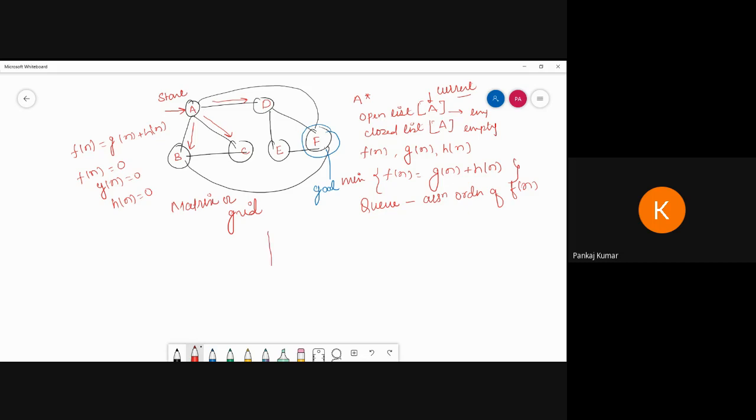Then how do we write a matrix and grid? Now see, we have to create a matrix like this and put A, B, C and D. Suppose I take only four letters, A, B, C and D. In the graph with A, B, C, D, E, F we can follow the same way. And here we can also write A, B, C and D.